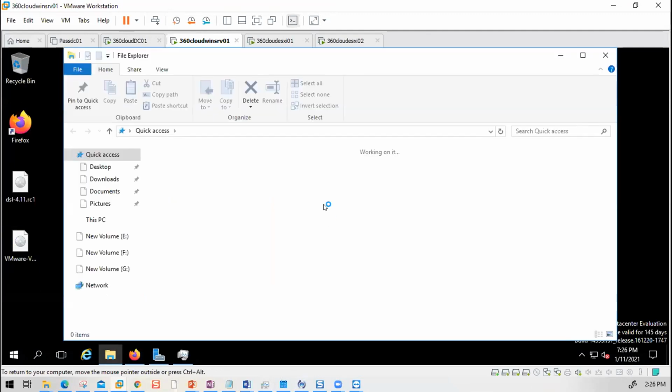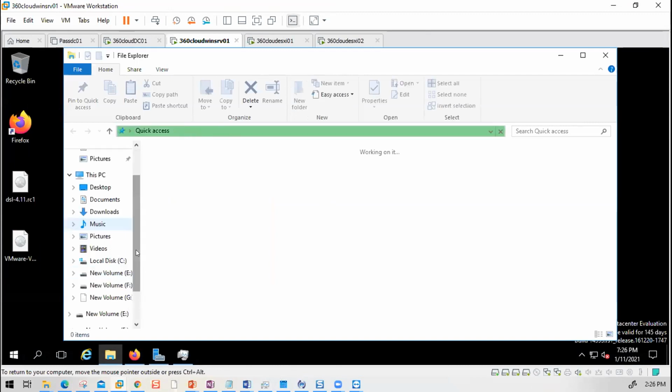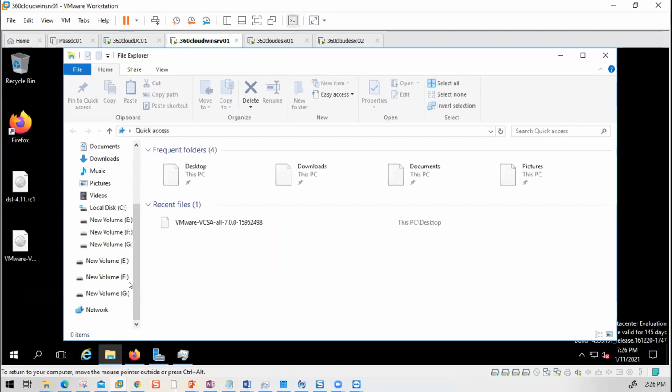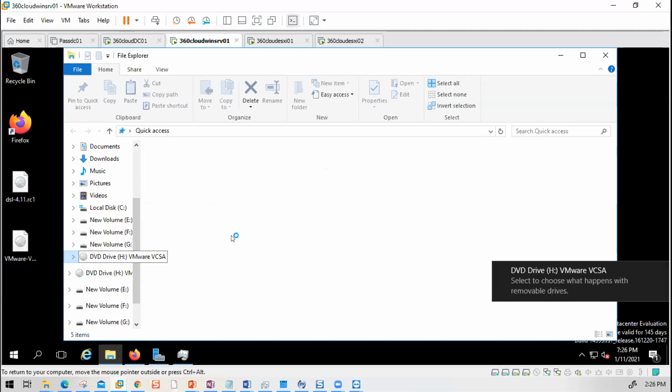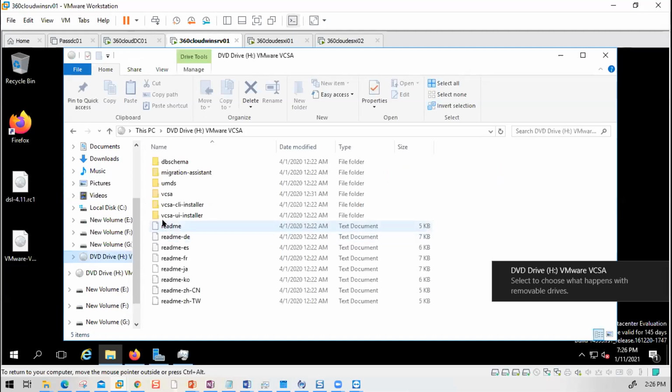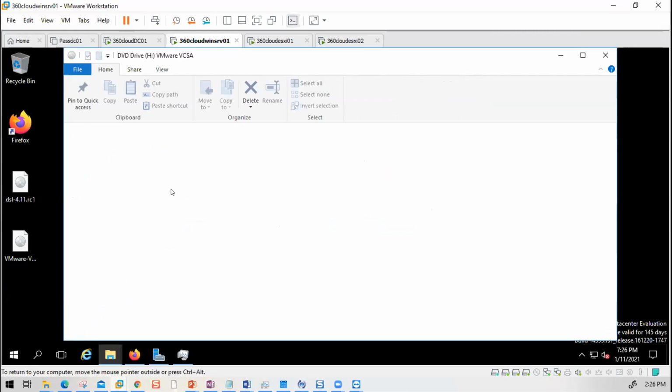When we installed VCSA, remember you went through stage 1 and stage 2, and the CD should be mounted here. If we go into the CD, within it I can see VCSA installer, VCSA CLI installer,